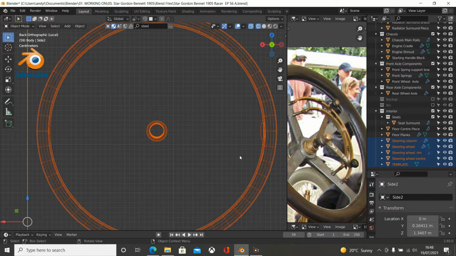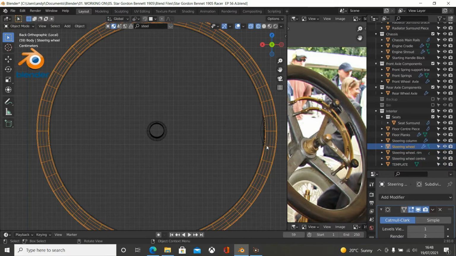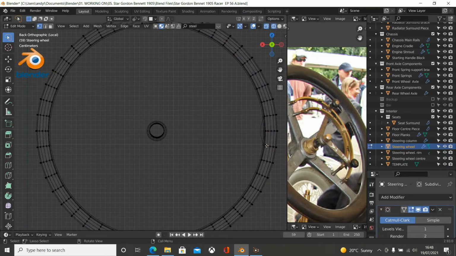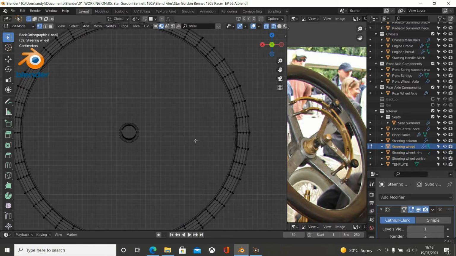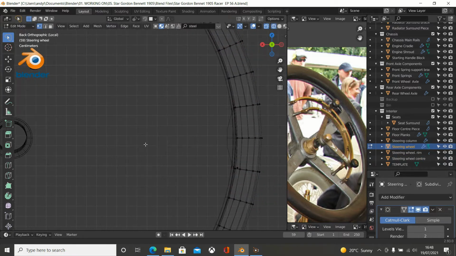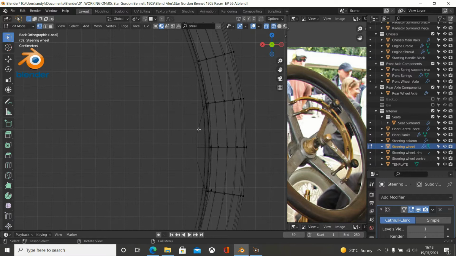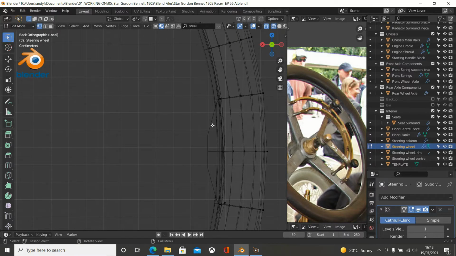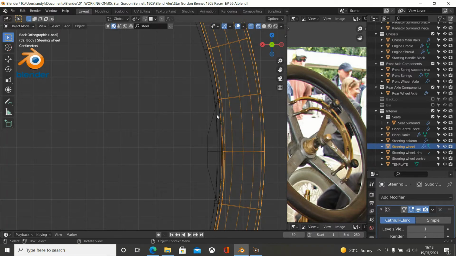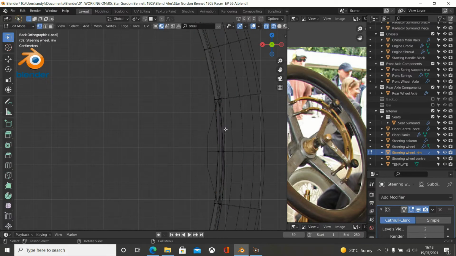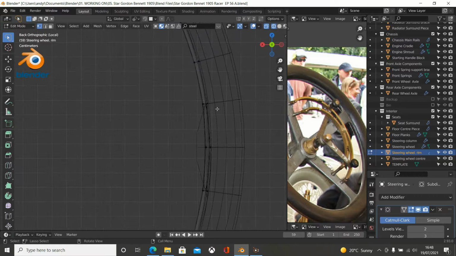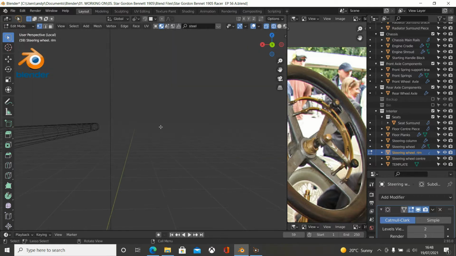Press Tab. So select this, press Tab, and go into edit mode. And we've got the template in place here. So we need this one. Okay. So if we rotate this slightly,